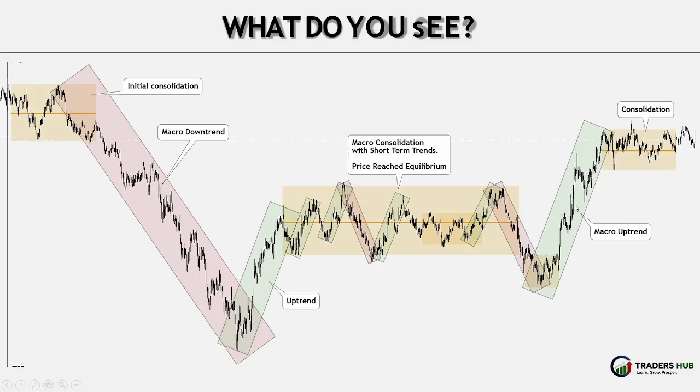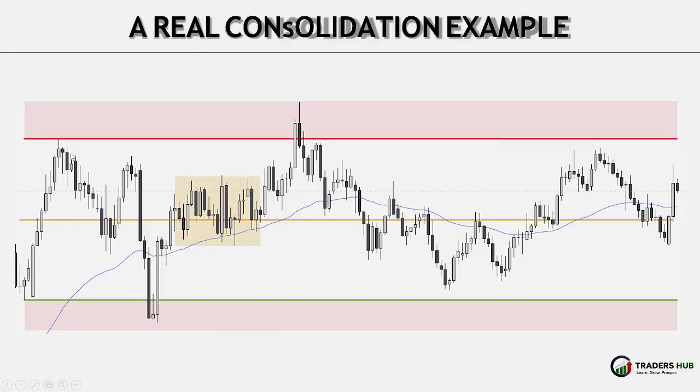Yes, after the bullish impulse, you can see that there is another consolidation. So after every bearish or bullish or trendy market, you will always find a consolidation before continuation of the bearish or bullish trend. Okay, a real consolidation example, price just jumping between this resistance zone and this support zone, not breaking and printing a sequence of higher highs or lower lows. Okay,